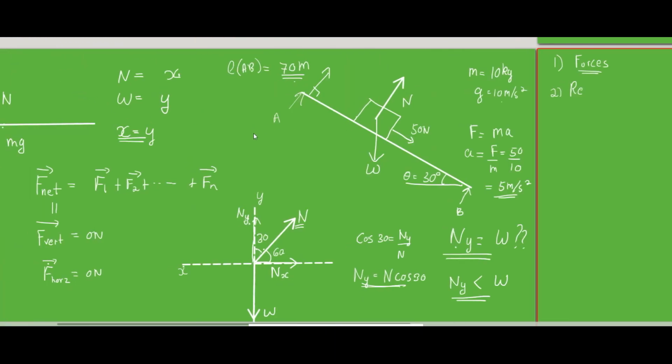So here's how most of your problems are going to go. This is an algorithm, rather, for solving any physics problem. First, you find out all the forces that you can. Second, you're going to resolve these into vertical and horizontal, whatever that vertical and horizontal could be. Like in your previous case, this is your vertical, this is your horizontal. You have to figure that out, but you will always resolve it into two components.